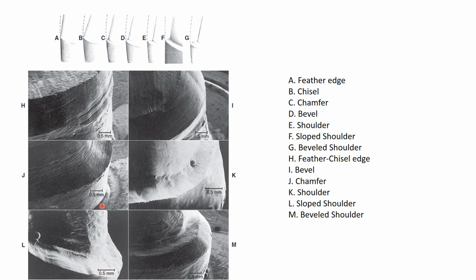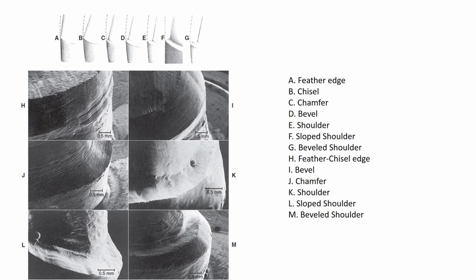As you can see, this is more obtuse or a sloped shoulder, providing more bulk of the material, and it can be finished subgingivally in order to be more aesthetic. This is a shoulder with bevel. You can see this is the shoulder and this is the bevel on the outer side. Again, this is used for full veneer PFM restorations, in which we plan to give a metal collar or a metal edge